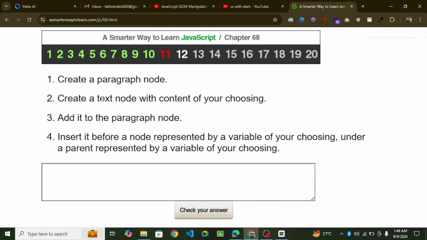So next question. Create a paragraph node. Second, create a text node with content of your choosing. Add it to the paragraph node. Insert it before a node represented by this. Now we have to do the same thing, where new p, new para, document